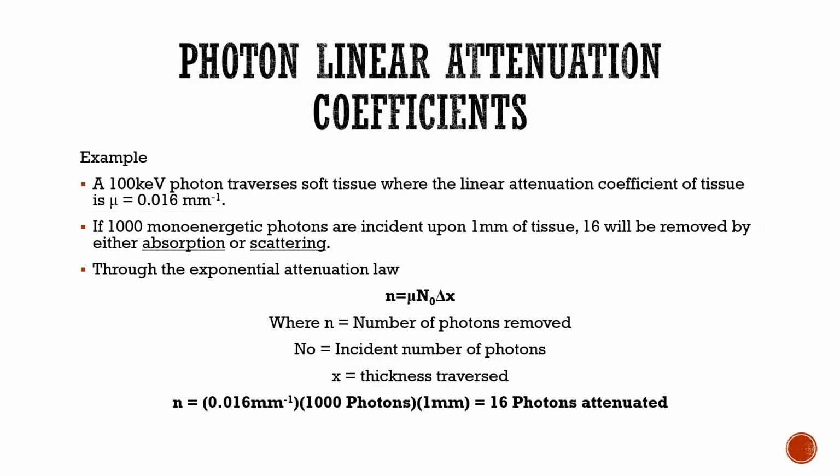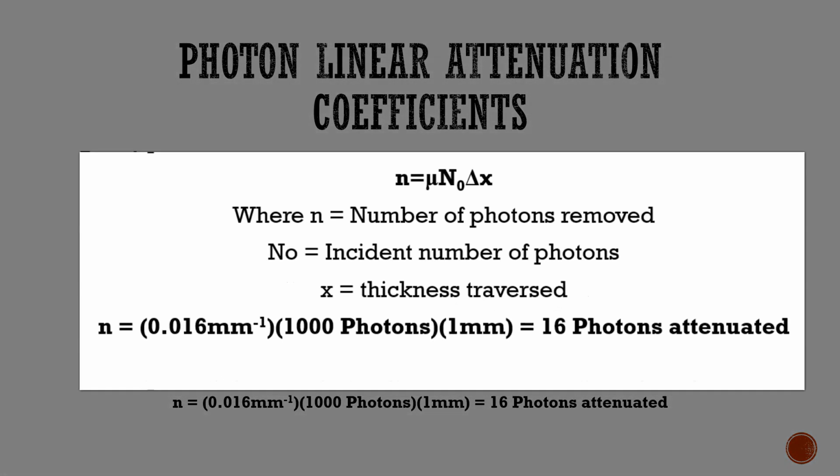We get to this value by using the equation on the previous slide. Lowercase n is equal to mu capital N naught delta x. So if we plug our values into this equation, we're going to get lowercase n is equal to the linear attenuation coefficient